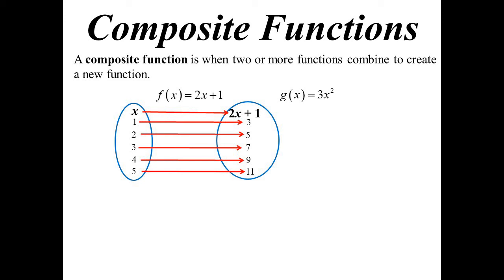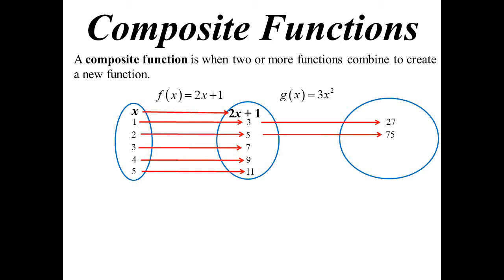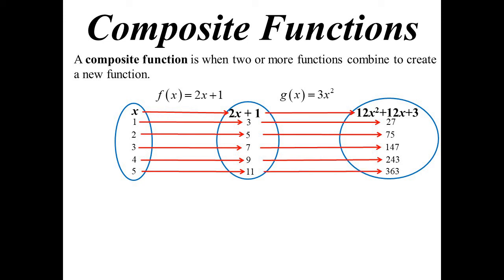If we were now to plug that into a new function, 3x squared, well now the 3 goes to 27, the 5 goes to 75, 7 goes to 147, 9 goes to 243, 11 goes to 363. But basically the 2x plus 1 is now going to 12x squared plus 12x plus 4. So we could combine those two functions into one, 12x squared plus 12x plus 4, and when we sub in 1,